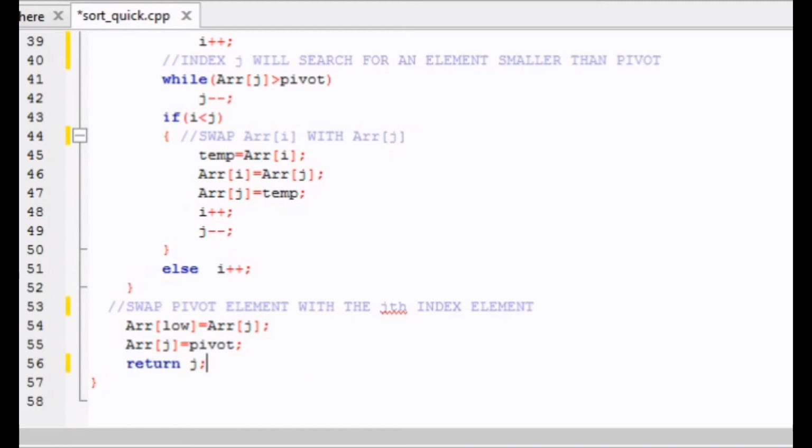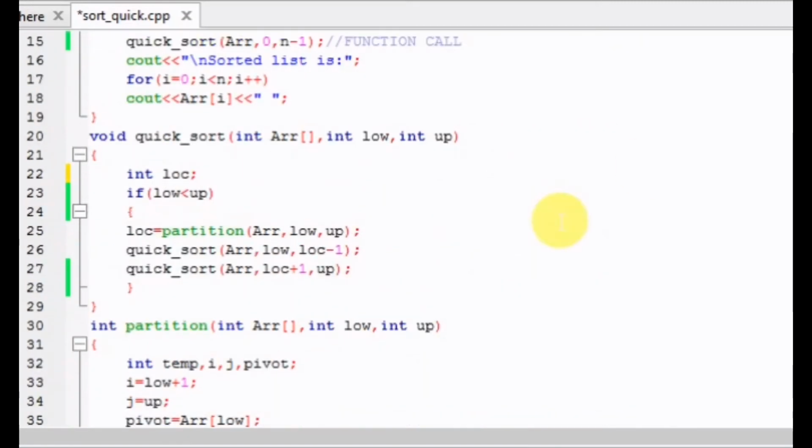And where it is returning? It is returning to this place in the variable loc, right? So loc is the position of the array, that is the index of the array where the pivot element will get placed, right?